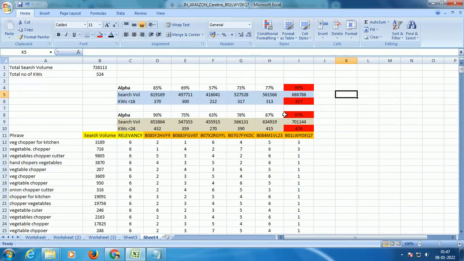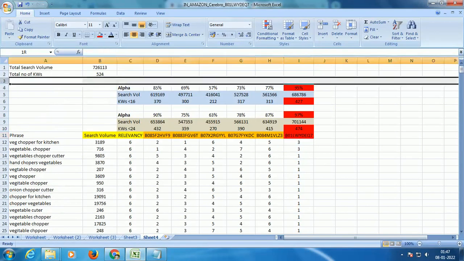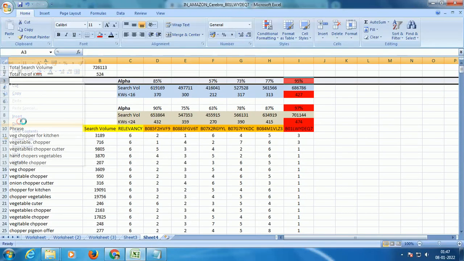Now when you do this activity, you know that this guy is your alpha ASIN, as in, the one making the most sales. Why is he making the most sales? Obviously because he is ranked for the most keywords. So how do you rank for most of your keywords?